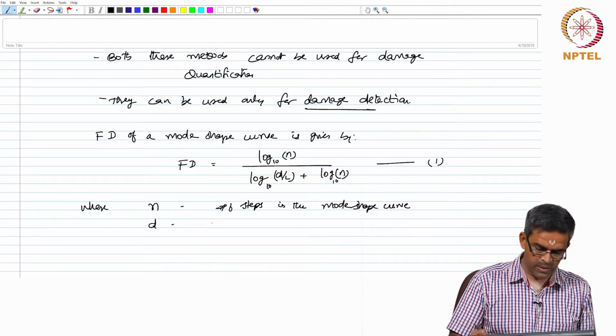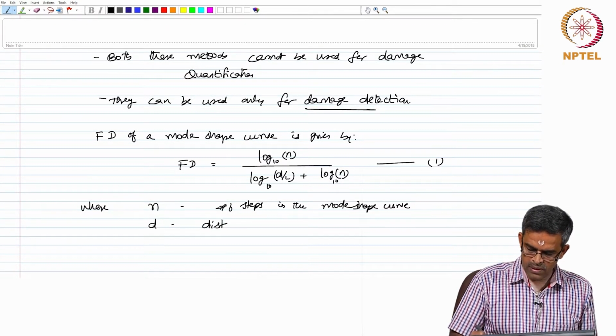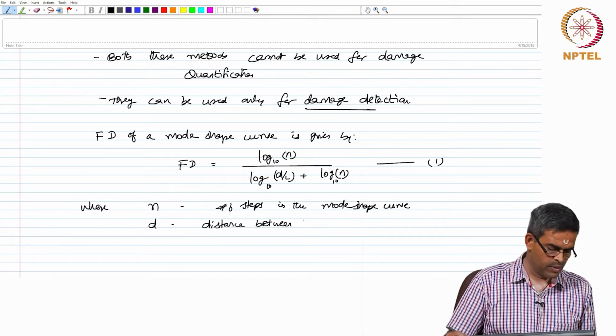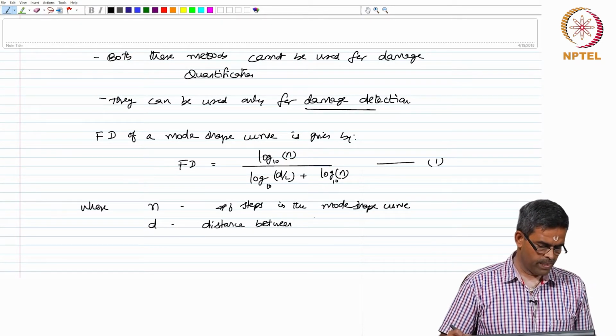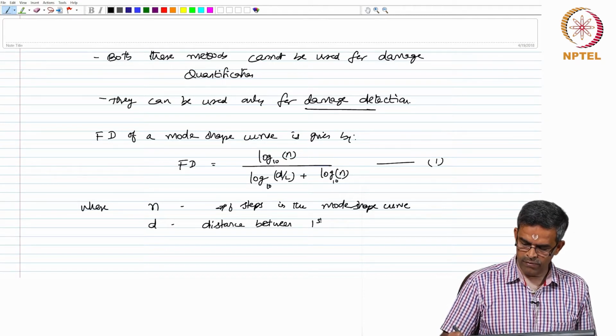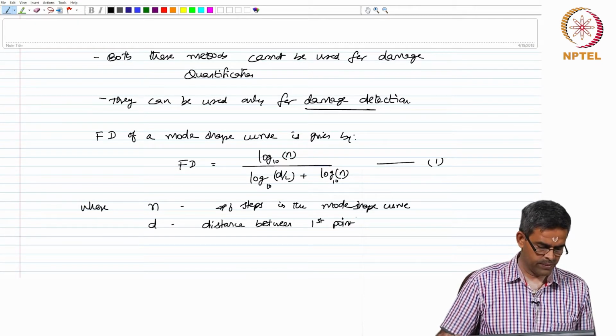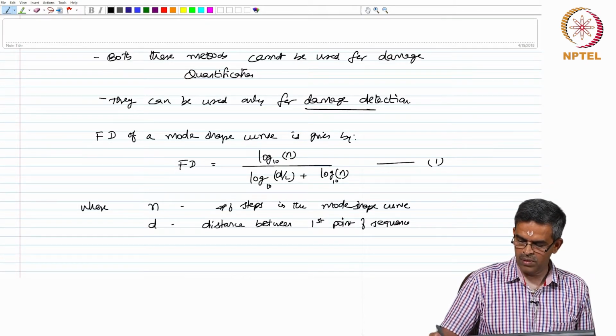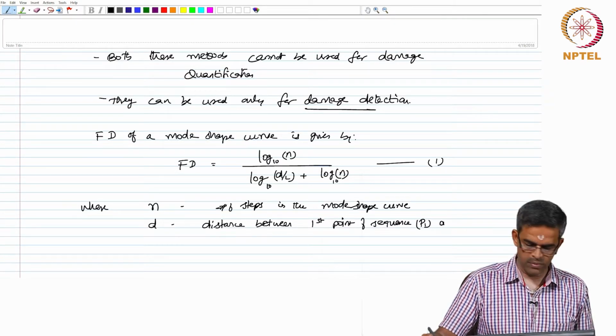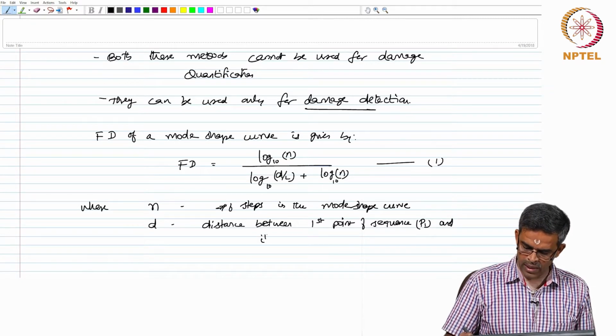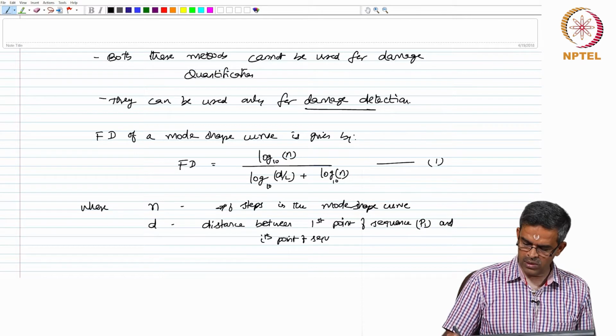D actually represents the distance between the first point of sequence, that is P 1, and ith point of sequence, that is P I,